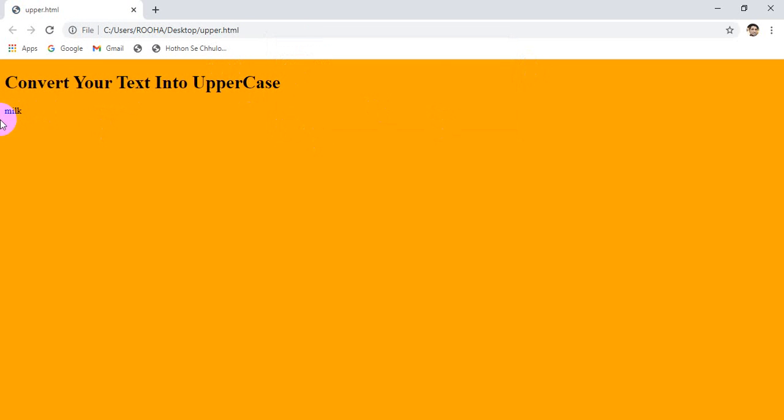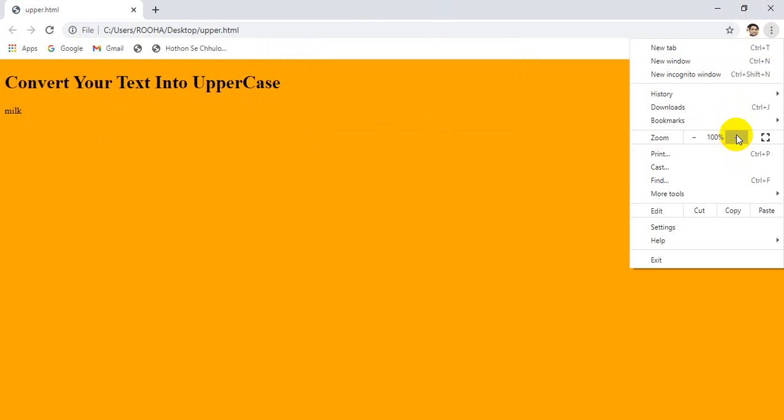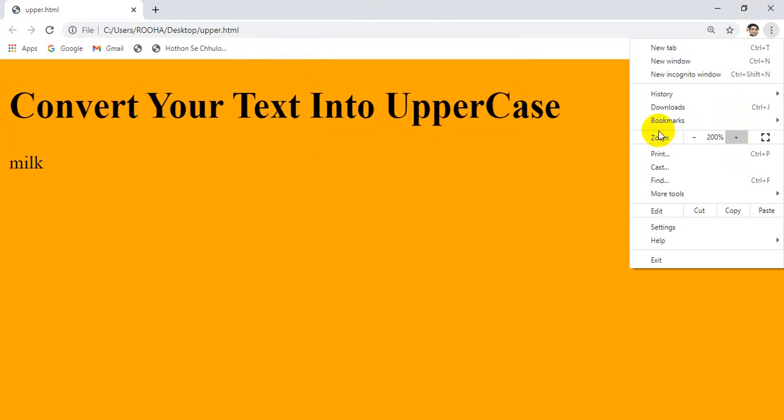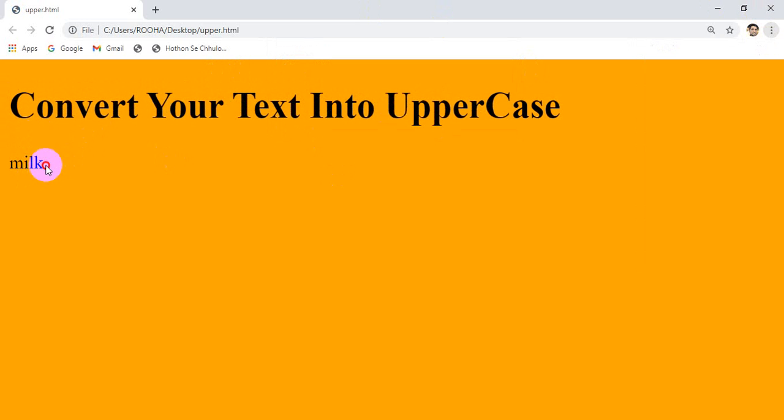See, you are getting some output. Let me zoom it. The output is the value which is stored inside your variable. What is the value? The value is milk, because you have inserted milk.